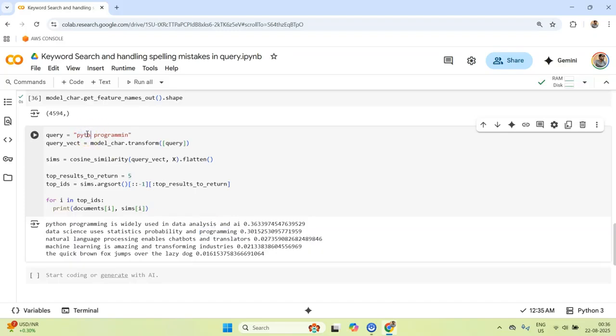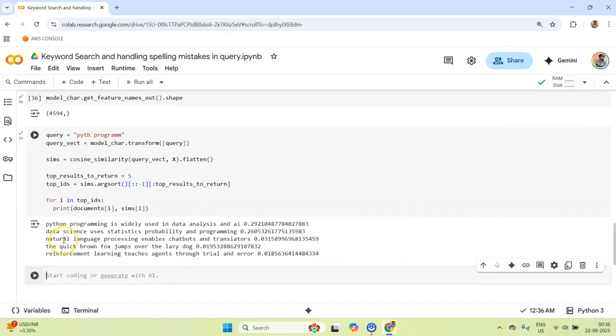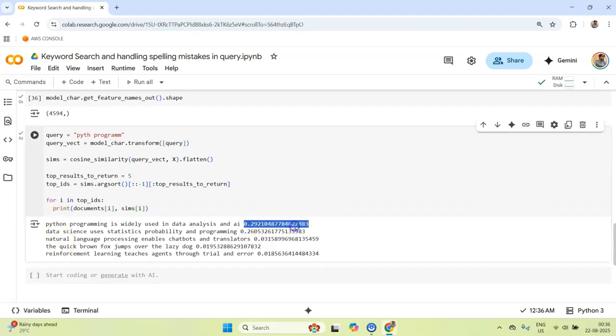Now even if I remove O and maybe remove some more words, and if I run this again, the score is going to decrease, that's for sure. But that does not matter in a real world application. In a real world application, what we want to do is showcase the relevant results, and this kind of use case is going to be really important for, let's say, somebody who has a restaurant or maybe a cafe, and they want to build a simple search around their products, and people might come to their application and search for some items that they have had in the past, just out of their memory.